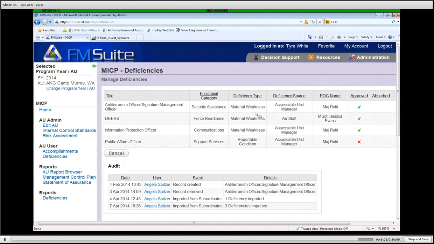But when the deficiencies are not classified correctly, it can create a lot of unnecessary extra work. And as far as the report is concerned, if I open up this deficiencies report, it's an ugly report right now, but if you can see where I am, it was kind of difficult for me to see all of the deficiencies, the content of them as a whole. If I open up this spreadsheet,